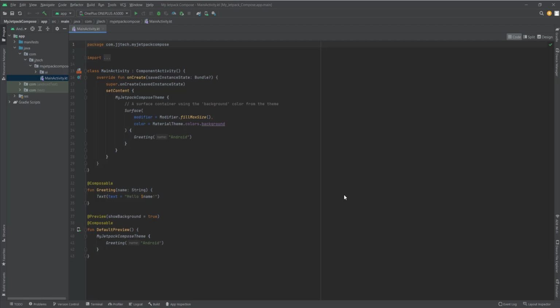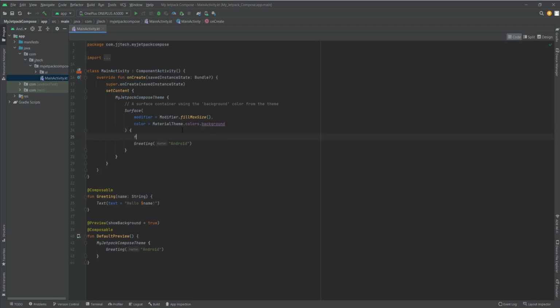But in Jetpack Compose we declare the UI on the runtime. Means we have different elements in Jetpack Compose and we can declare it as we need. Suppose we have a button on which we need to hide some field. So instead of creating an XML in Jetpack Compose, what we do is we simply add